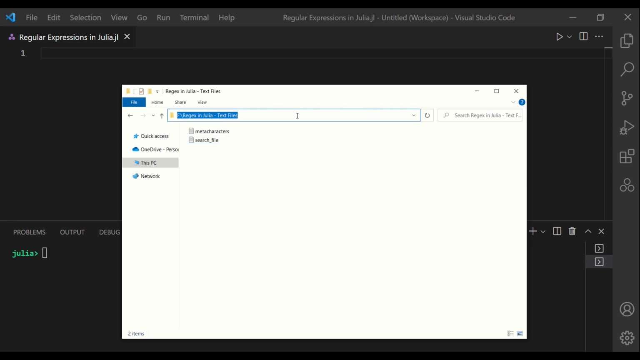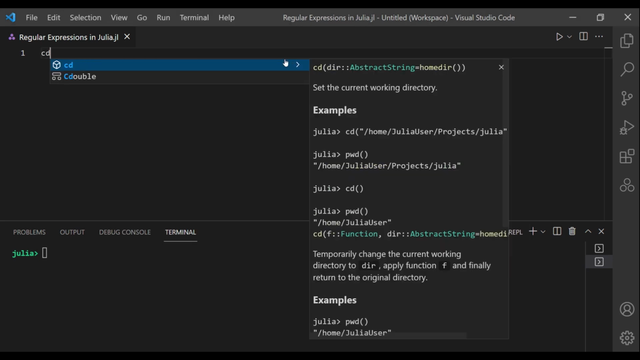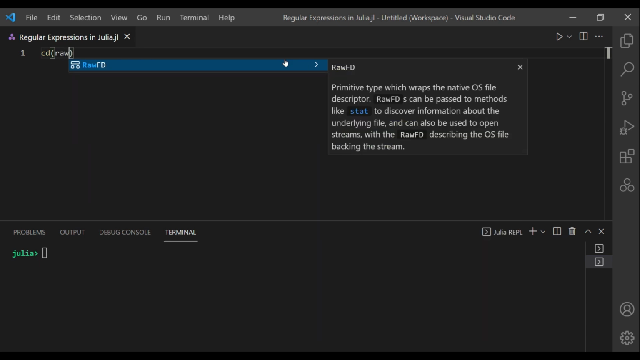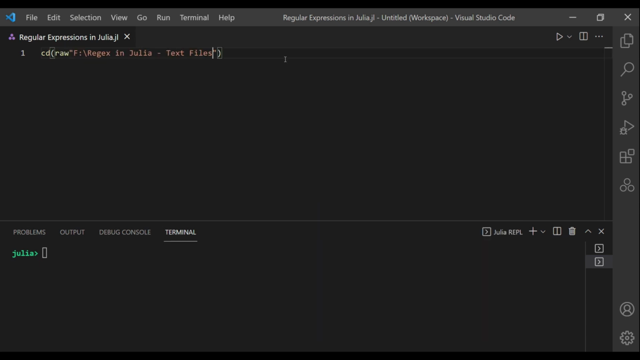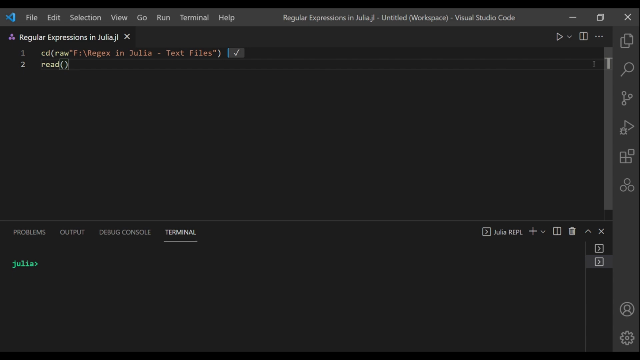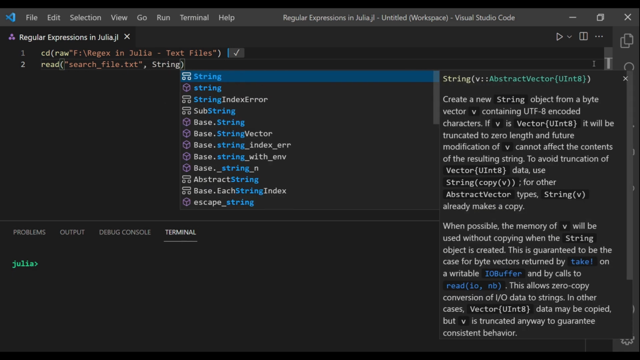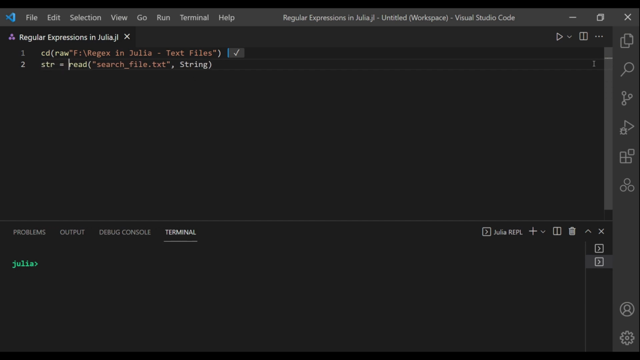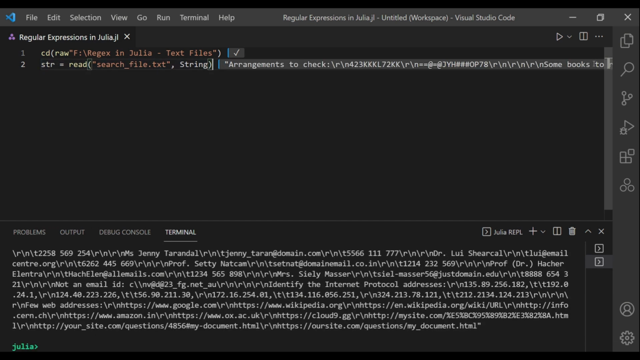Copy this path, then come back here to write cd within parentheses using raw prefix within double quotes. Paste the path, run this line to fix that folder as working directory. Then call this read function, pass the file name search_file.txt, comma. We want to import the text file as a string object. Assign it to a variable str. Run this line. All the information from this file are imported here as a string object str,